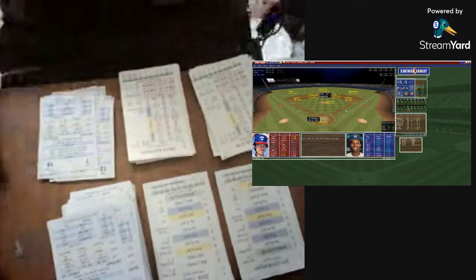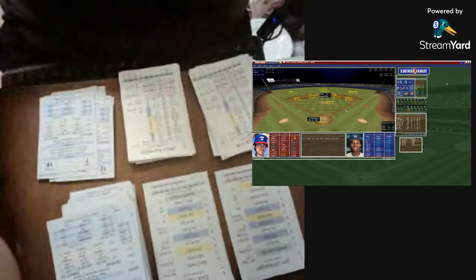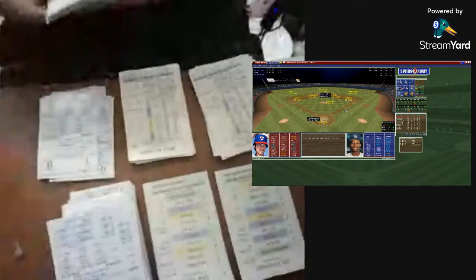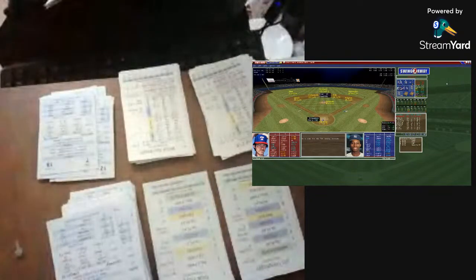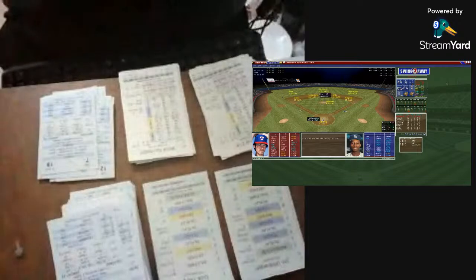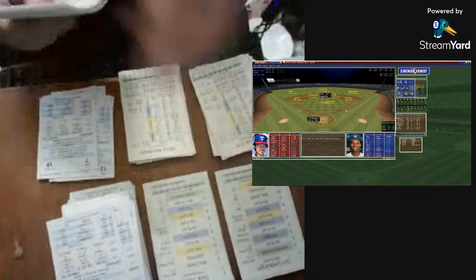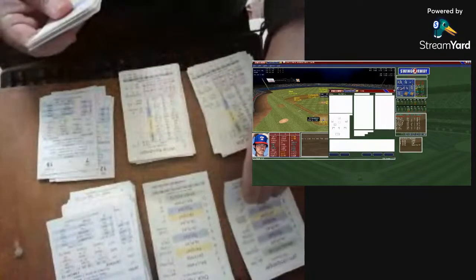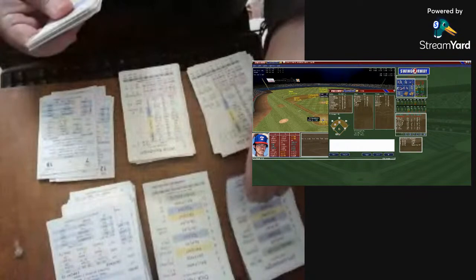Now this is where the Rangers will go ahead and probably call out Steve Comer. Steve Comer, let's look at the Ranger bullpen and see what's available to them. Yeah, they don't have Darwin yet. So let's go ahead and give them Comer.